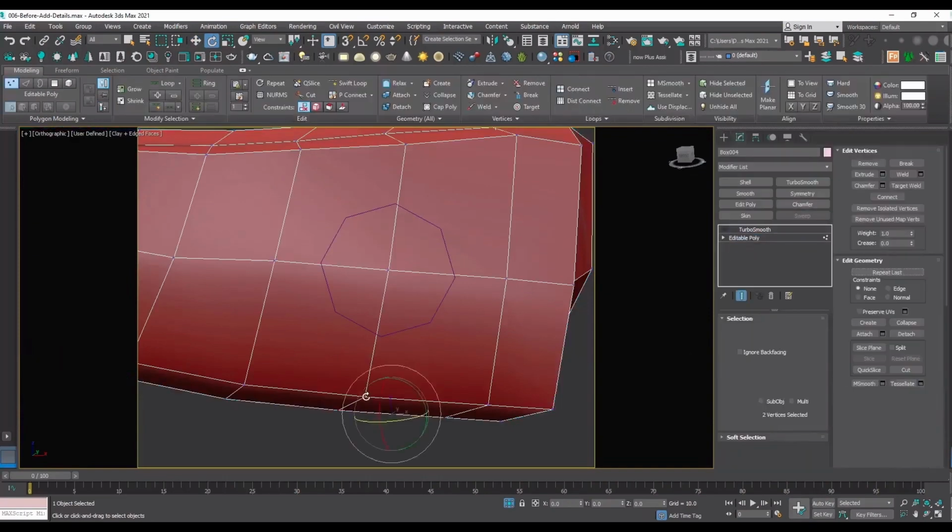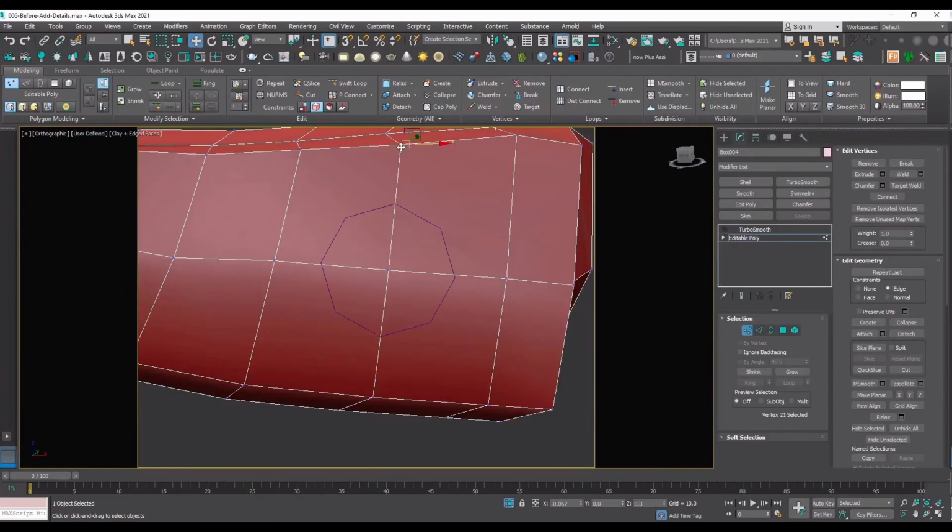And to make them even in line better, I can just continue adjusting a little bit so that they match